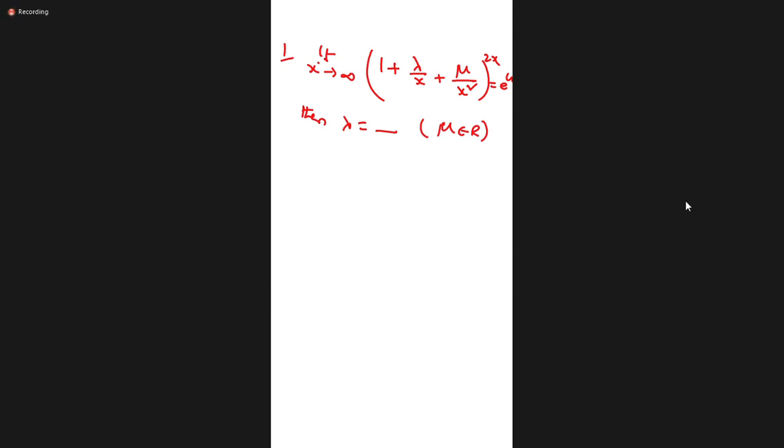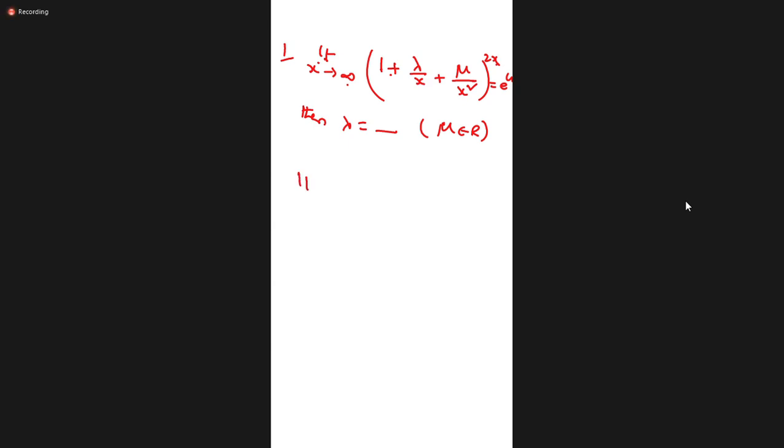So clearly this is 1 power infinity question. You can easily check. That's what I'm telling. In the question, they don't give that it is 1 power infinity. How will you check? Substitute x value directly. X infinity means 1 by x term 0. So this is 0. This is also 0. So what you will get? 1. Power what is there? 2x. X infinity. So 1 power infinity. That is how you have to understand.